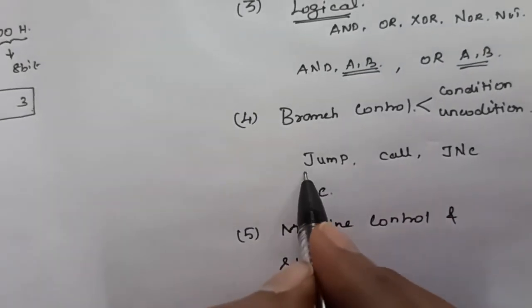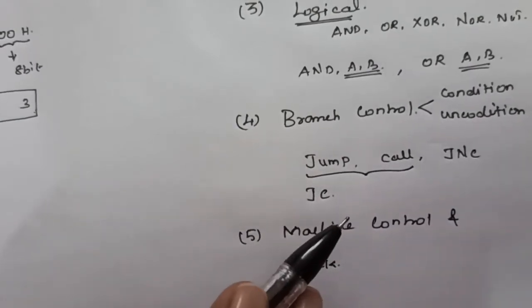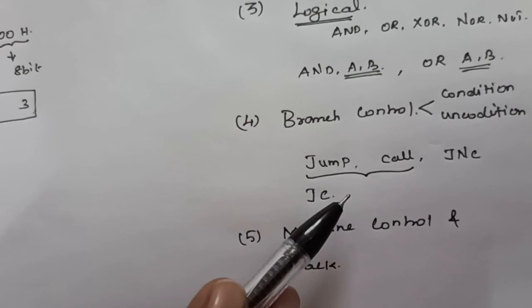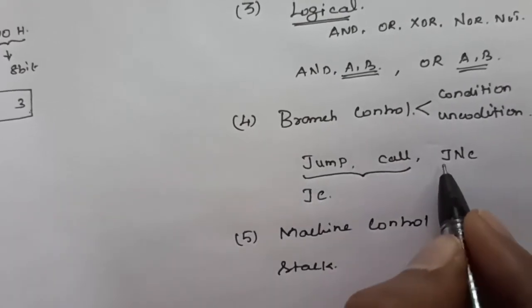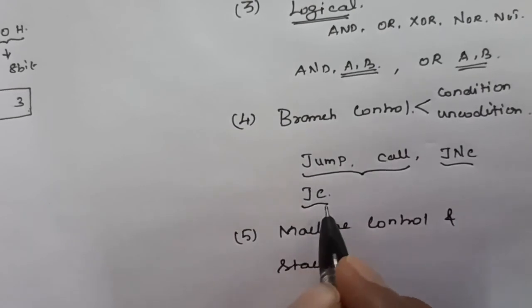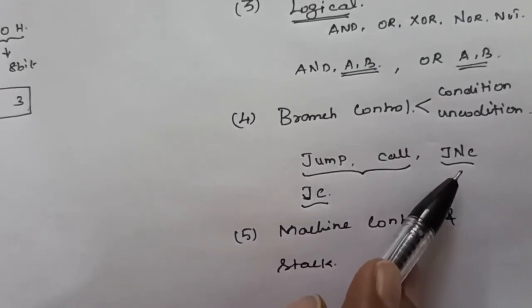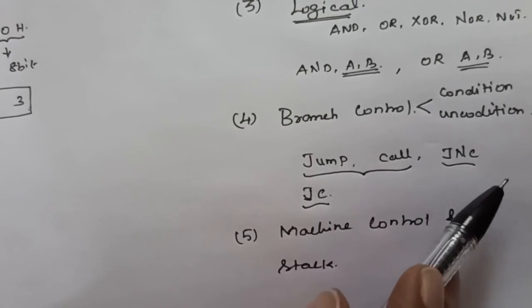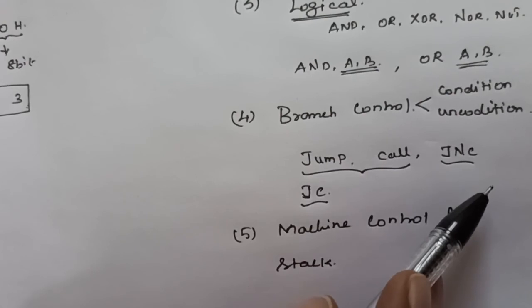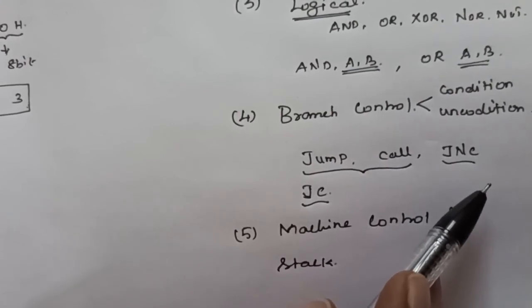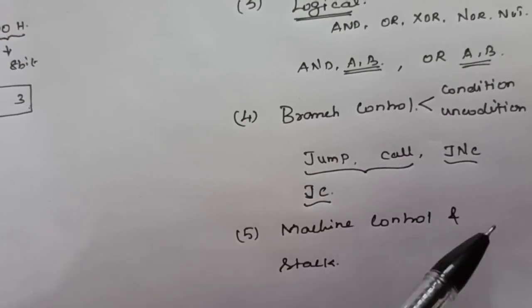The first two instructions are unconditional. Without checking any condition, it transfers the value to the program counter. The next two instructions check the condition; if the condition is true, it moves to the location. Suppose the condition is false, it just ignores the jump and executes the next instruction. That will be discussed in the branch group control instructions in depth.